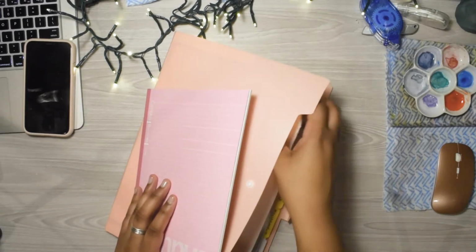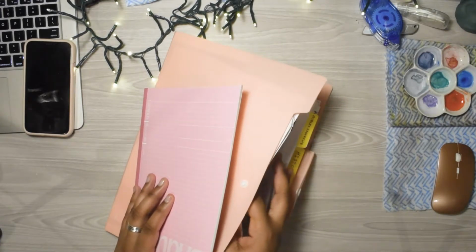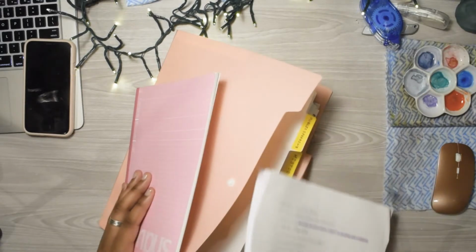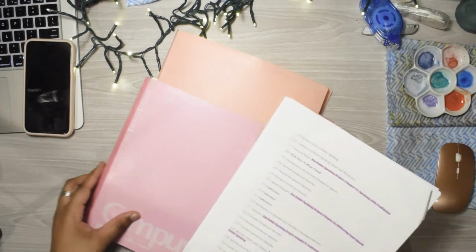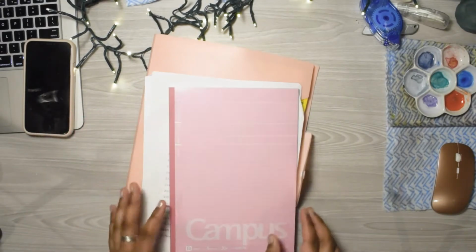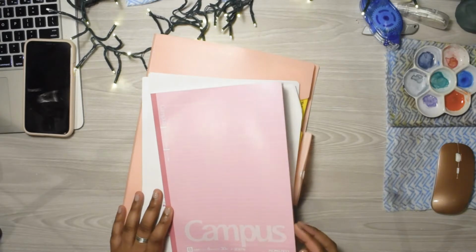I'll just take everything out. You guys can see this. I'm not going to show the first page of our syllabus just because it has our professor's name and email on it and my class location and all of that kind of stuff. So not going to do that. But I got these